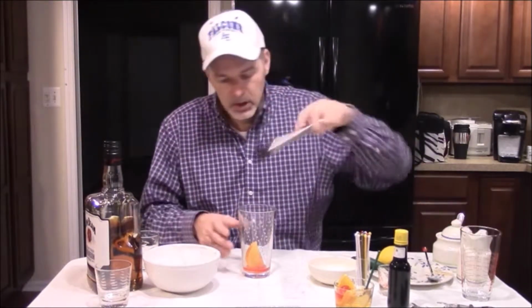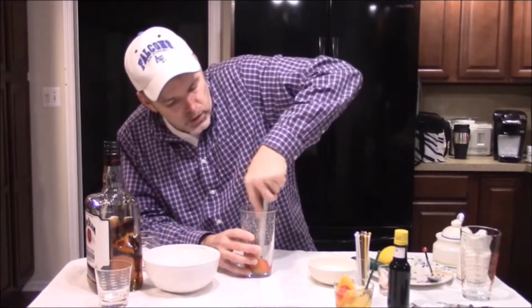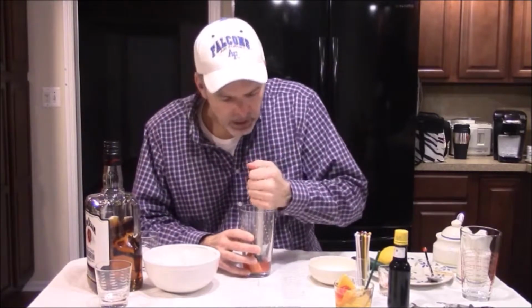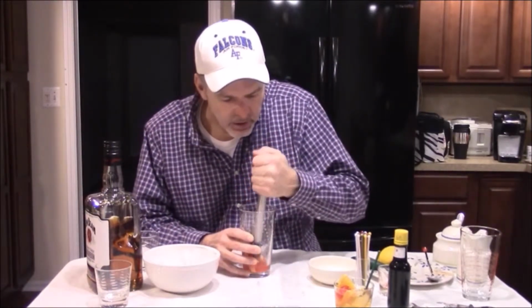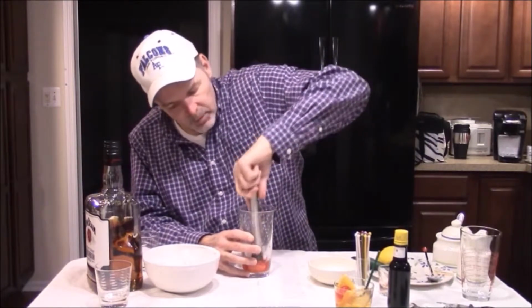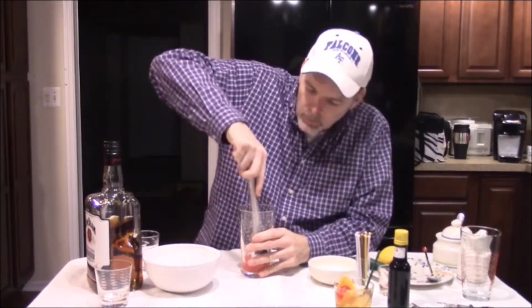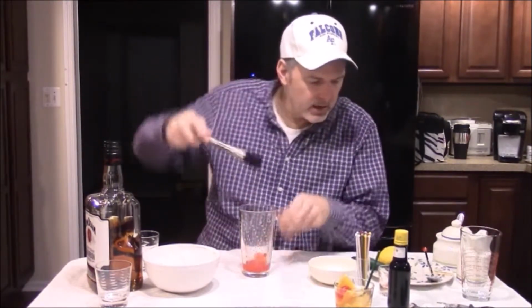I'm going to take the same muddler, a wooden spoon, and this is called muddling the fruit. What you're doing is just grinding it up a little bit and smashing it up and getting those juices out of there. And the orange, I got rind and all because there's flavor in the rind. So you just want to grind that up a little bit as best you can. And once you have that done,